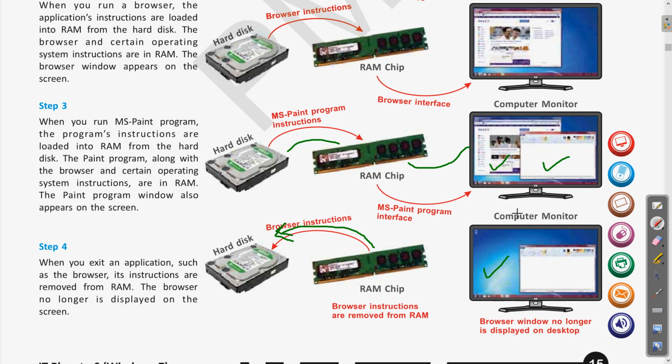So in this way you can relate that whatever contents you are using are only present in the RAM, and when you close the computer or when you save it, it is saved back to the hard disk. So the hard disk is for permanent storage, and RAM is for temporary storage, while the computer is processing, so all that content is present in the RAM chip for that time period only. Clear? I hope this is very easy. You have already seen these things.